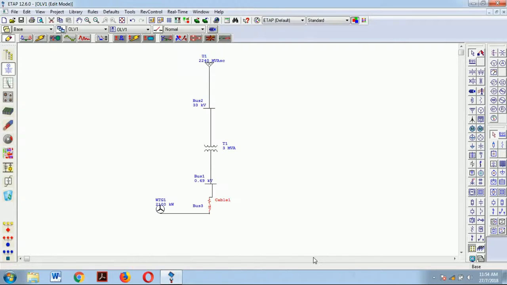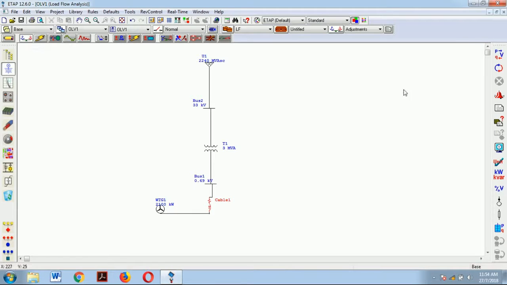I'll say OK. So that will be taking the default values of that particular cable. I'll say OK. Now again I'll run the load flow analysis. Remember, before the cable was there, the delivered power was 2085 kW. I'll run it and you can see that the losses have increased. Initially it was 2085 kW, now it has reduced to 1077 kW. This is because of the increased transmission losses because of this cable. So this is one part.